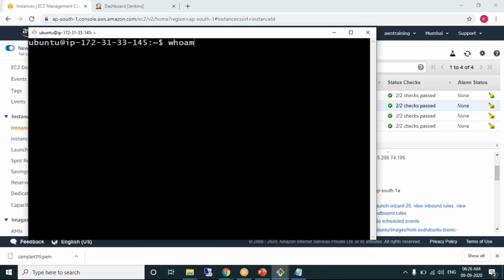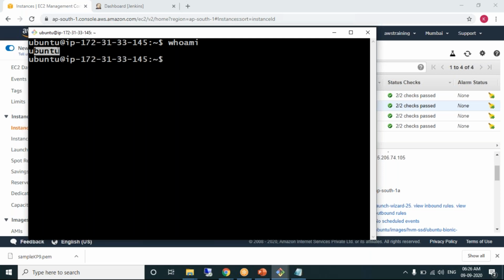whoami is the command to know the current user with which I have connected. Obviously, I have connected with the ubuntu user. Ubuntu is the default user that comes with this EC2 machine. What is the password for this user? We don't know it, because we have not created the user. It's a default user. But if you want, you can set a password for this user. For the ubuntu user, I want to set the password also as ubuntu. Username ubuntu, password also ubuntu.